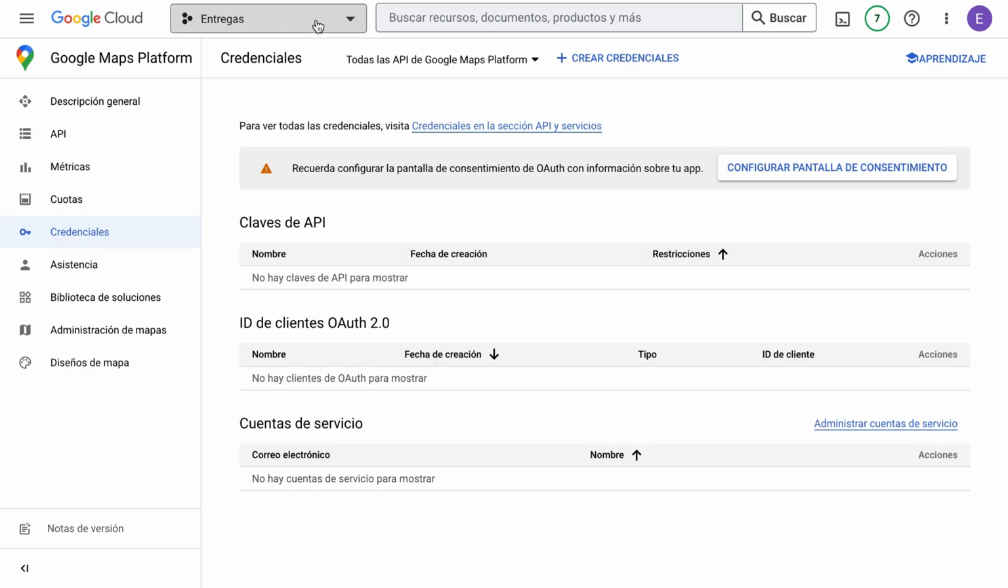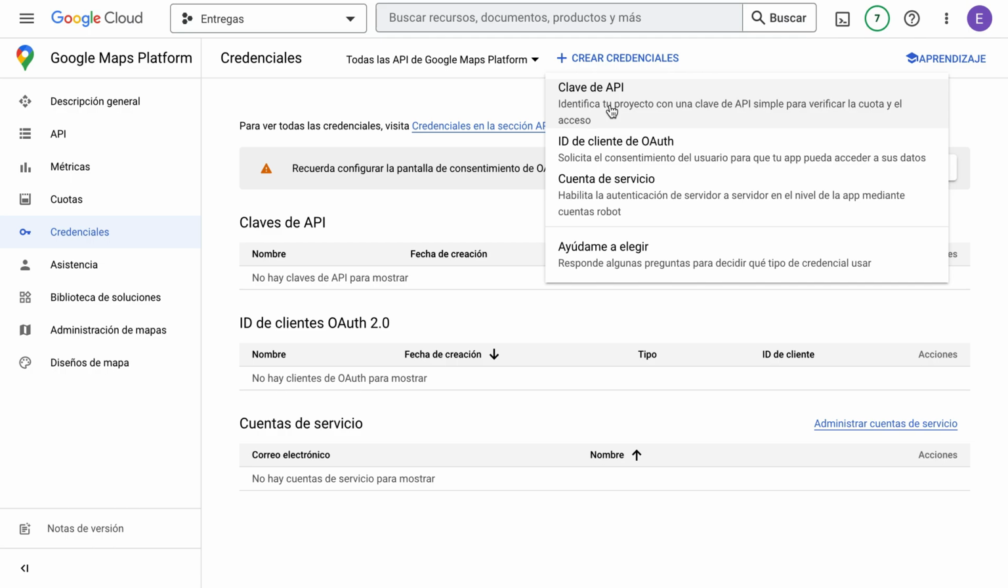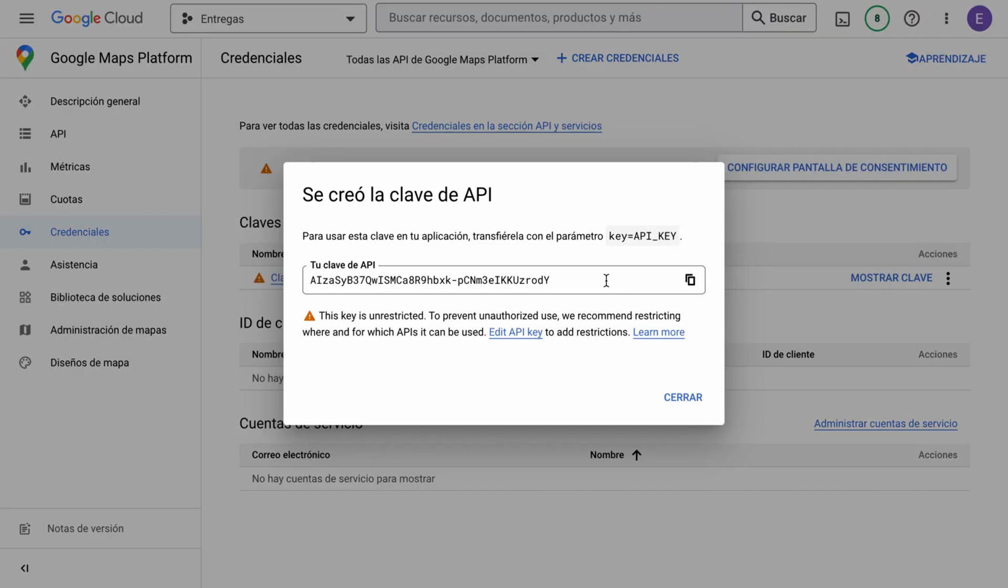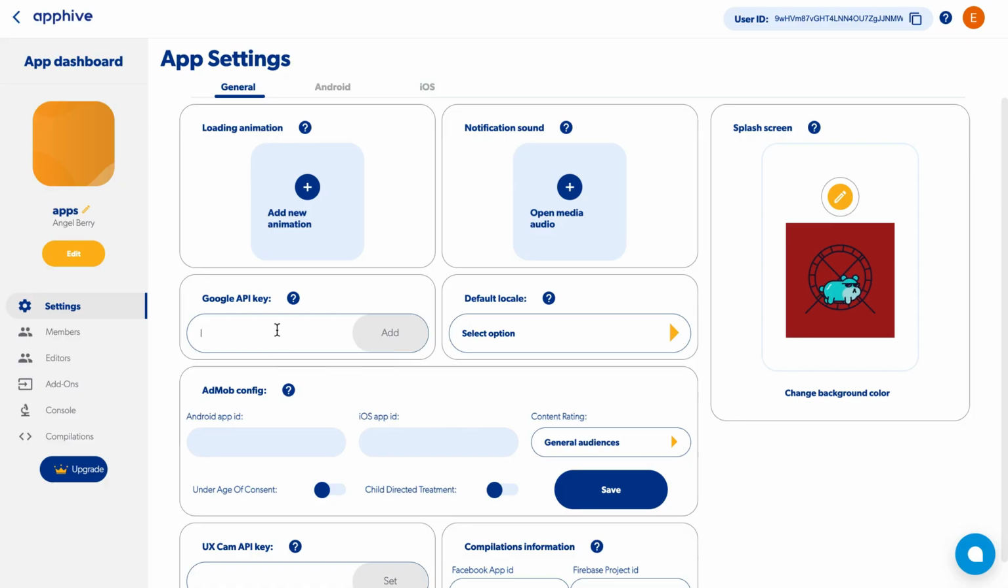Now go to Credentials. Make sure that here you have the name of your project created, and now click on Create Credentials. Once you are here, click on API Key. This will generate the key that you are going to enter inside your application in Apphive. Enter the settings of your application and now simply paste the key that you had generated and click on Add. This way you are going to be able to visualize all the